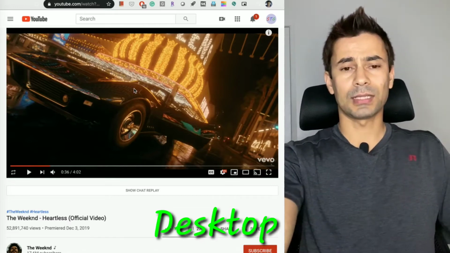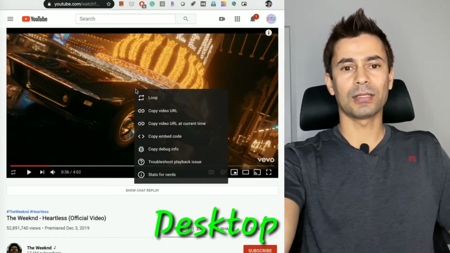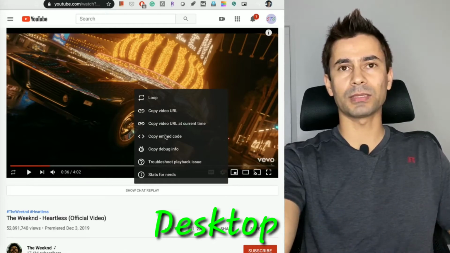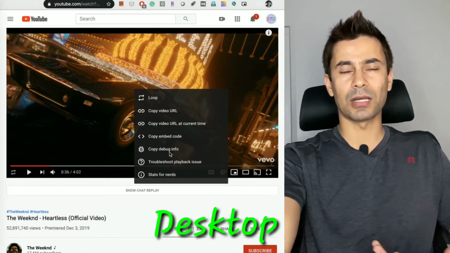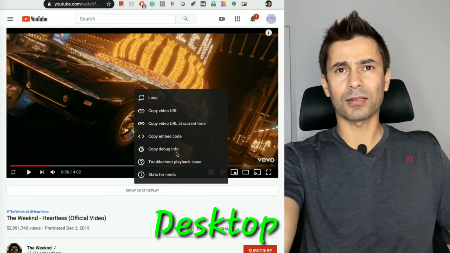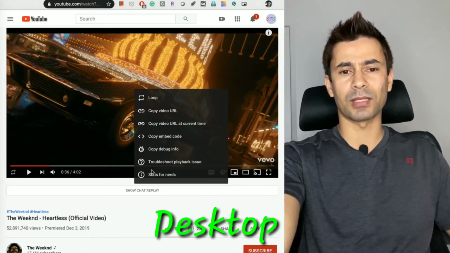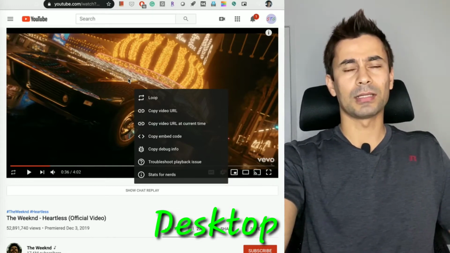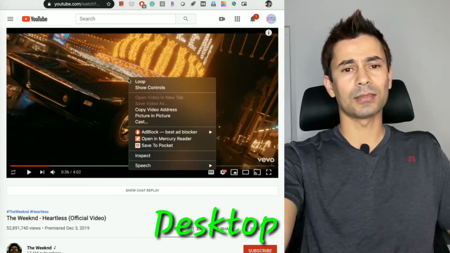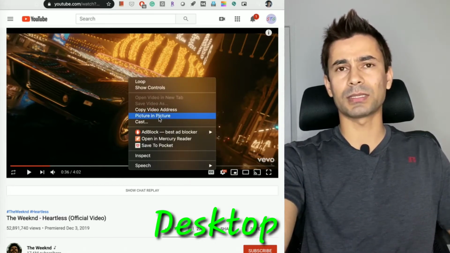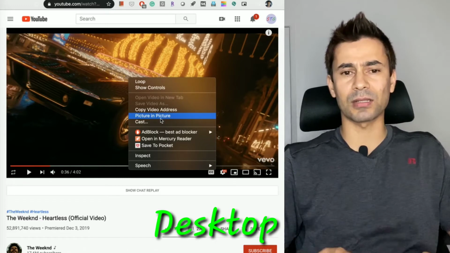So let's start. First, right click, and you'll see a couple of options, but picture in picture is not available there. This I call a kind of advanced context menu. And if you right click again, the second time you'll get picture in picture in more of a traditional